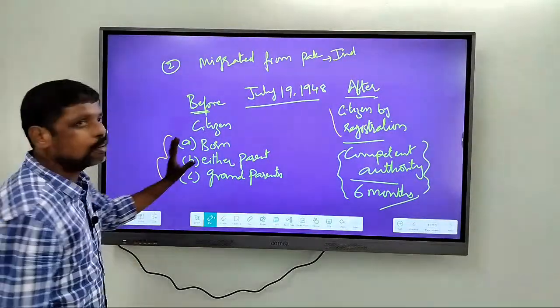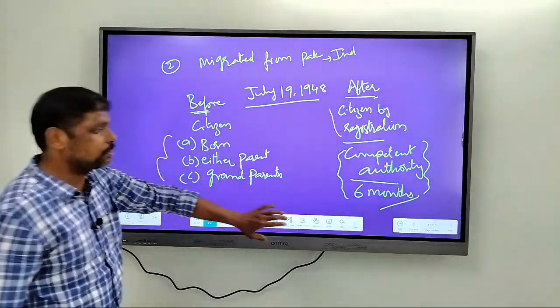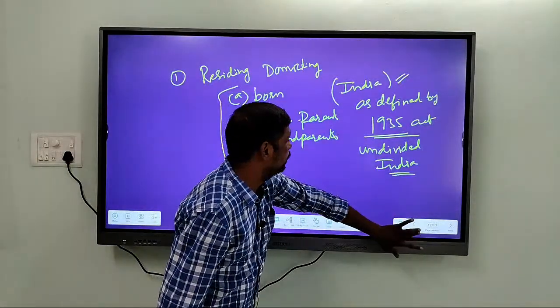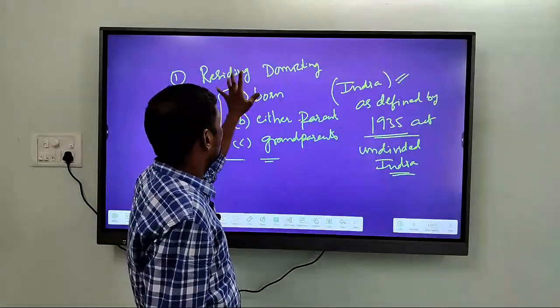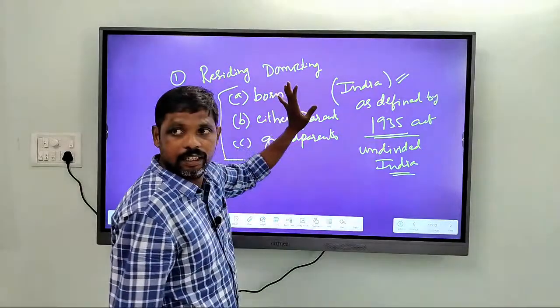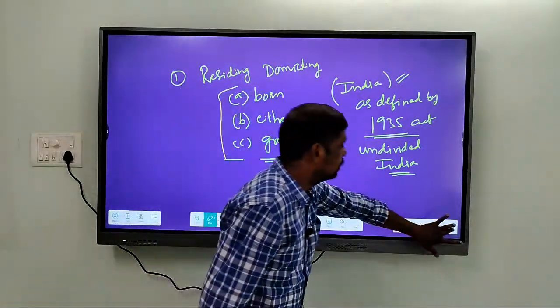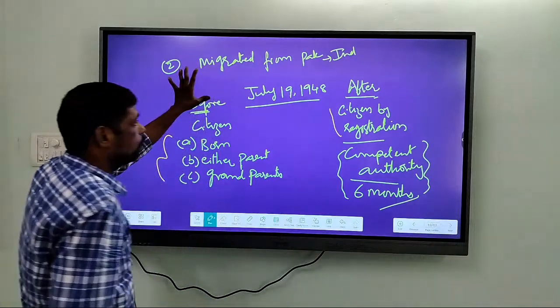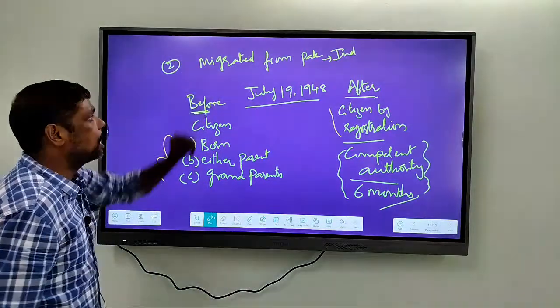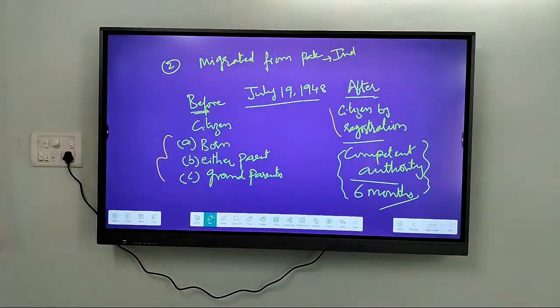Alright? I am clear about these two. The first condition is the one who is domiciling in India, the one who has resided and is domiciling in India. This is the first condition. The second condition is the one who has migrated from Pakistan to India, before July 19 and after July 19. Coming to the next category